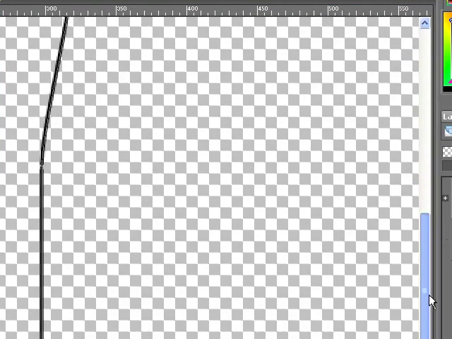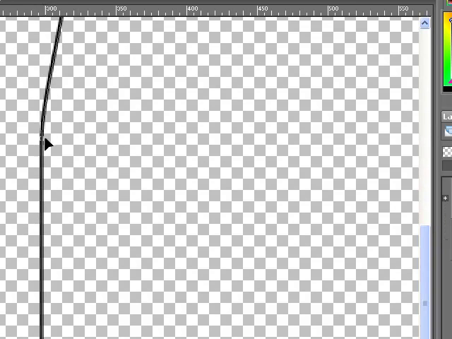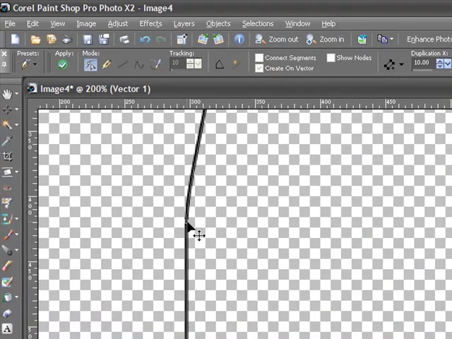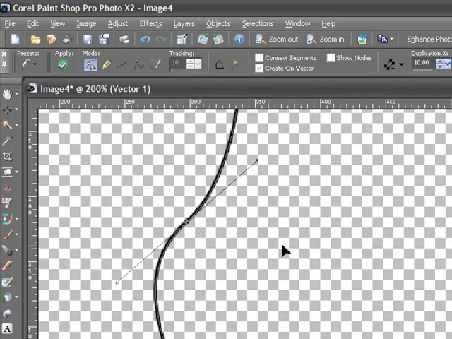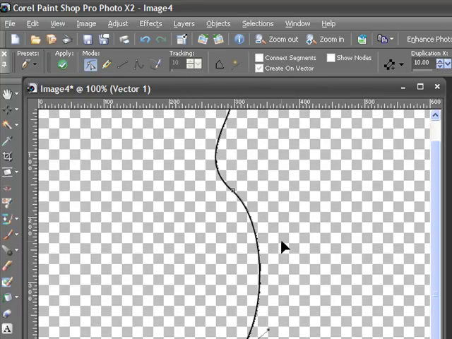Let's go down to the one at the bottom. There it is, click on it. You can see the top of the line there, but you can't really see the bottom of it until you hover right over the end of it, and you can see two little arrows. Let's go this way this time, and look, lovely curved line. I'll zoom out,